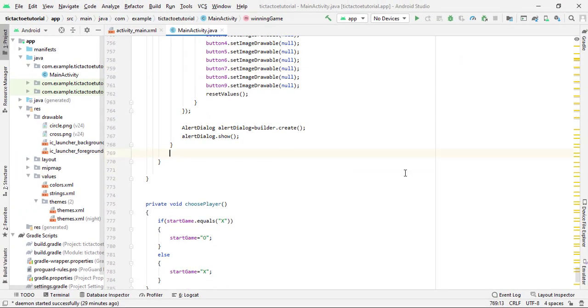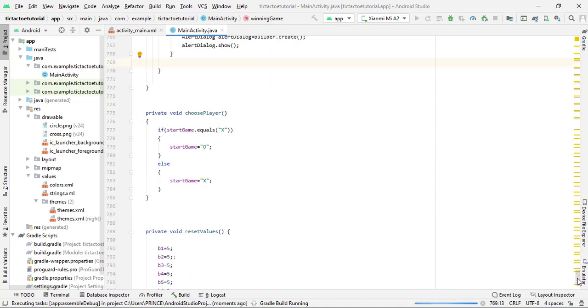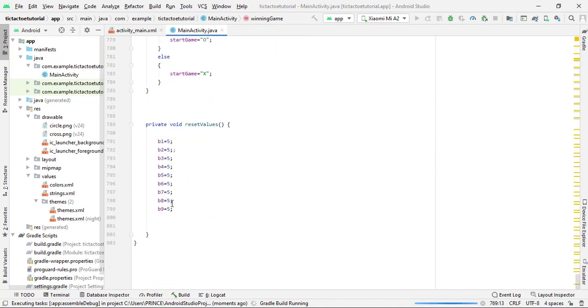Now let's check whether our app is working or not, and if it is working, then I will explain the whole code. For this I have to use debugging mode, as you already know. So I have to connect my phone. Here you can see I connected my phone and pressed the run button, and Gradle started building. After the build and after running the app, we will see the explanation of the whole code. You can see the length of the code is approximately 800 lines. The code is not hard, it is very easy, but it is lengthy. Now let's wait for the Gradle build.